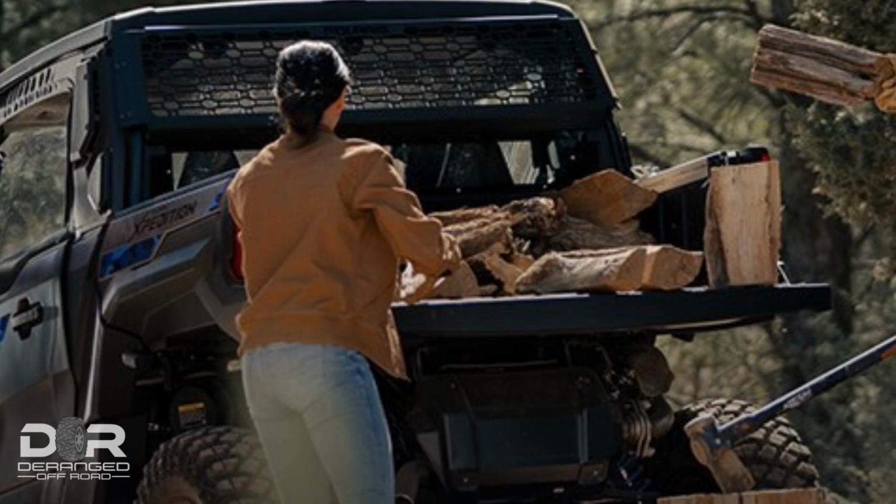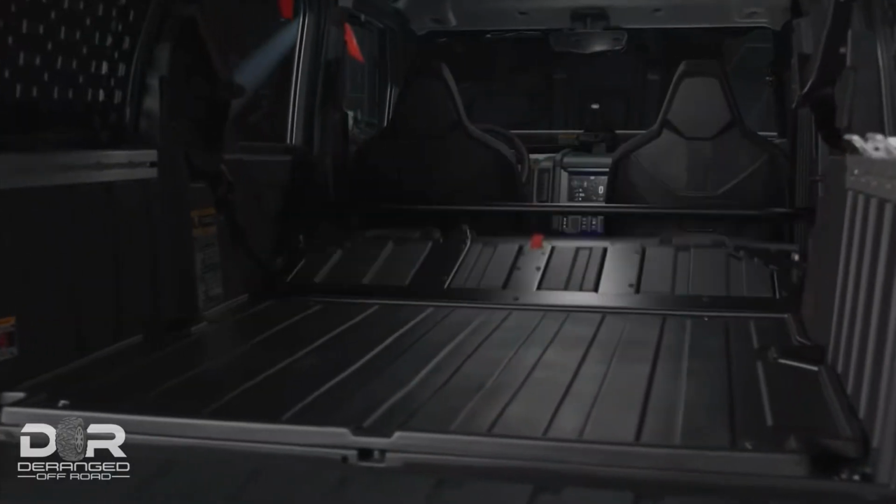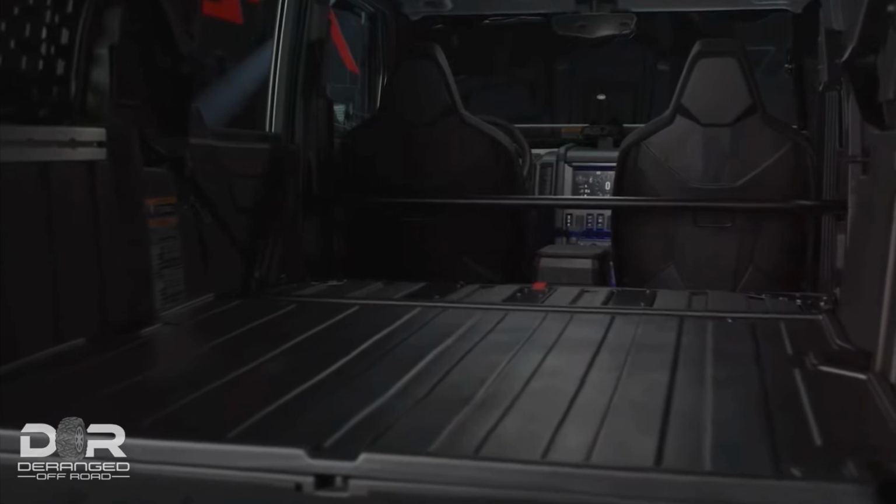So what's the difference between the ADV and the XP? Really, it comes down to one thing, and that is the XP has a full dump bed that allows you to dump the entire cargo out, whatever's in there, and the ADV has a fixed bed that actually has seats in the back, or the seat backs in the back row of the ADV fold down so you have that